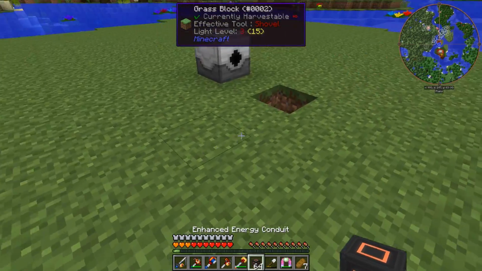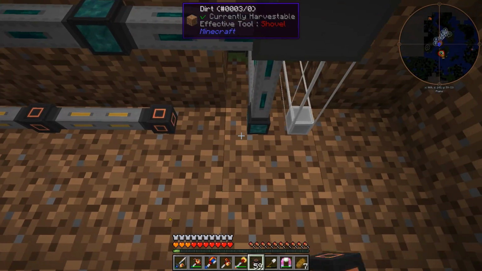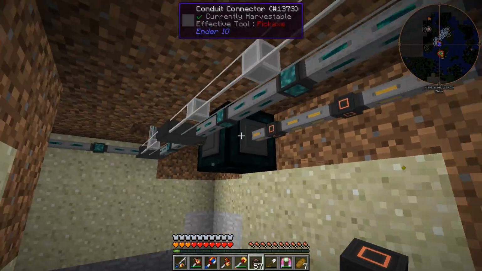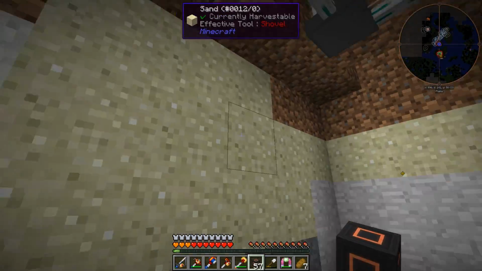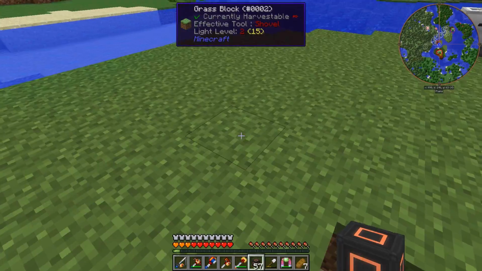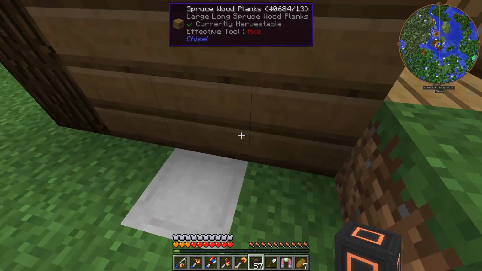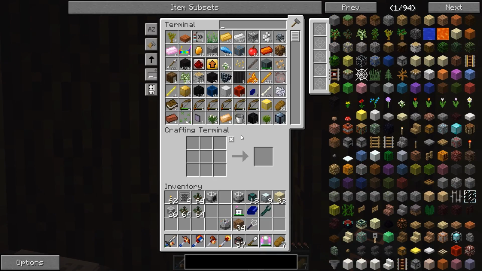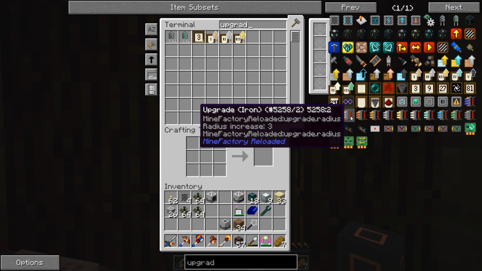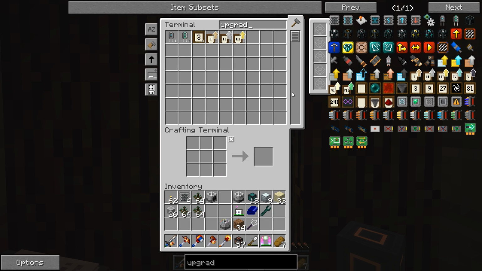And then I just need to run some energy conduits to the sludge boiler, which should now have power, and it does. This guy still has power, and this guy still has power. Okay, awesome. So then what we need to do is we need to make ourselves a couple of upgrades. So let's look at those. And I want the ones with a radius increase of 3. So let's see if we can make...